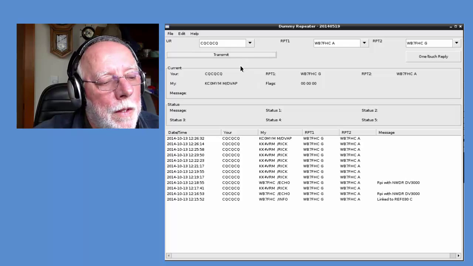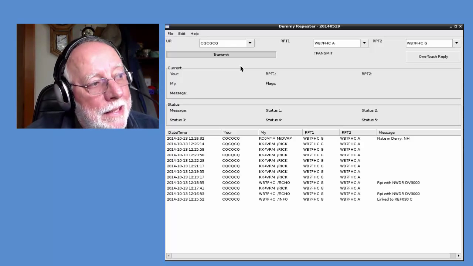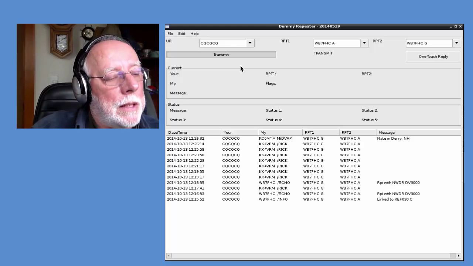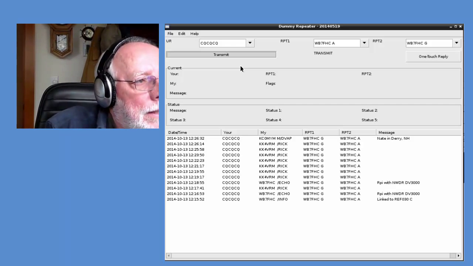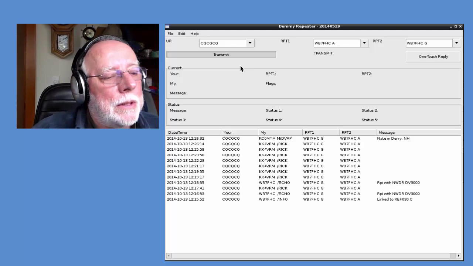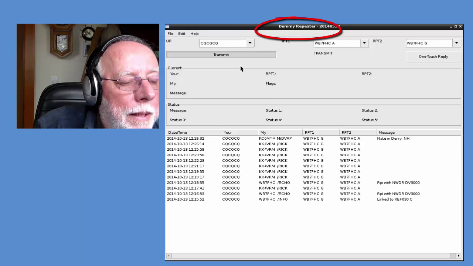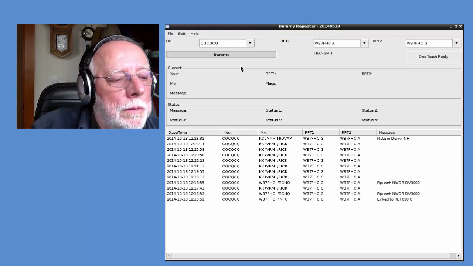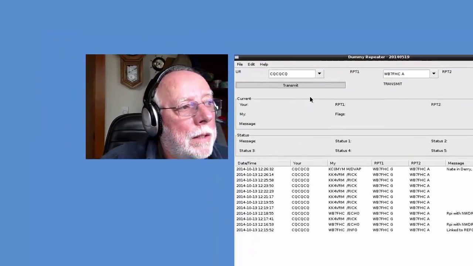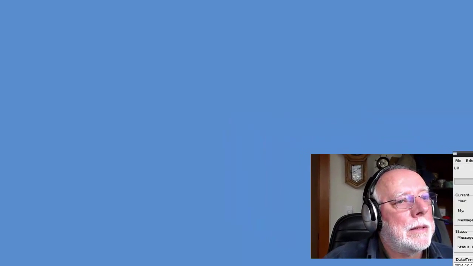Okay. Yes, Rick. The repeater that I'm using is not a real repeater. It's software running on the Raspberry Pi, and it behaves as if it's a repeater. I'm the only one that can hear it, or I'm the only one that can talk onto it. So it's a piece of software called Dummy Repeater. It behaves just the same as a repeater behaves. I have connected to reflector 30 Charlie. Your repeater in Atlanta is also connected to reflector 30 Charlie. So that allows me to come out on your repeater